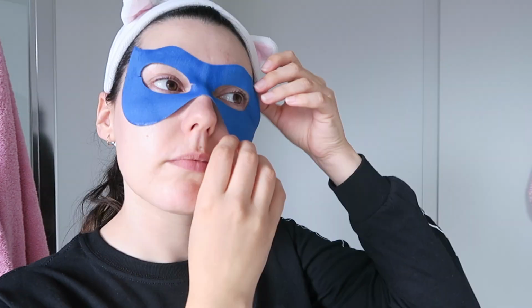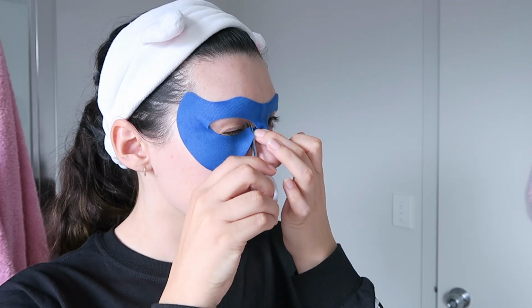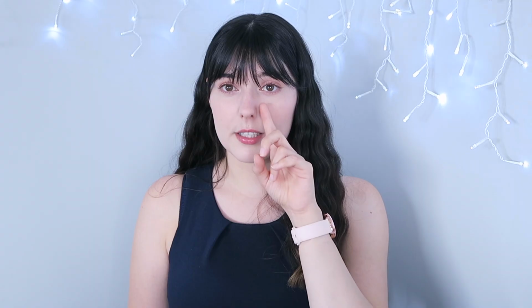These ones are really hard to get into. To actually tear this top, you have to use a lot of effort. I have to use a towel to help me open it, but once they're on, they are really nice. I did find that mine tinted a bit, so they made a little line over the top of my nose, because I do have a very tall nose bridge. So I just cut mine. I just get tiny little manicure scissors, close my eyes so I don't accidentally stab myself. I'm always very aware of that, yes, and just make a little cut right here